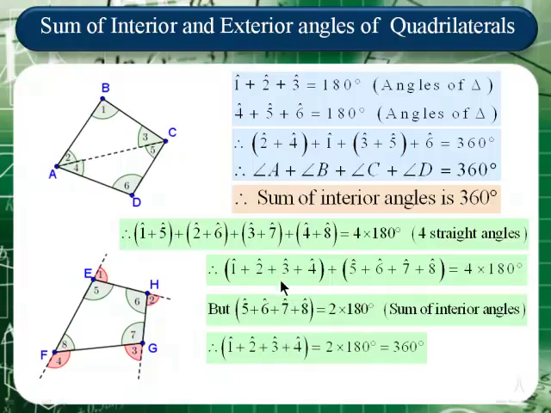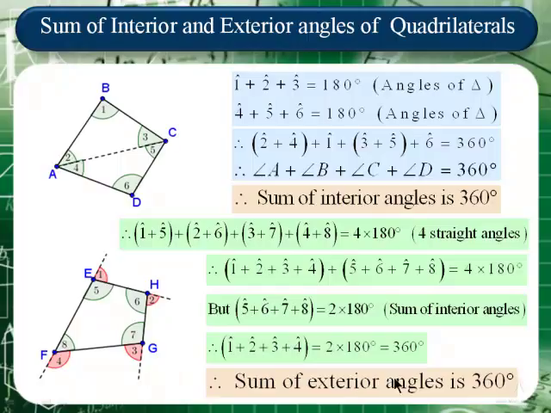And what will that give us? It will then give us that the sum of the 4 exterior angles, namely angles 1, 2, 3 and 4, will be 4 times 180 minus 2 times 180, or this particular sum of the exterior angles is therefore also equal to